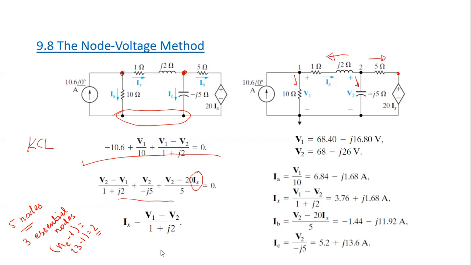So who can tell me why I can't say that Ix equals V2 minus V1? According to Armin, it's because of the direction of the current Ix. Thank you, Armin. As you see, the given direction is from this point to this one, so you need to be careful which direction to use. Once the direction is given from here to here, then I need to say V1 minus V2 over the